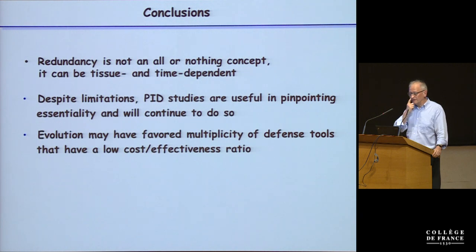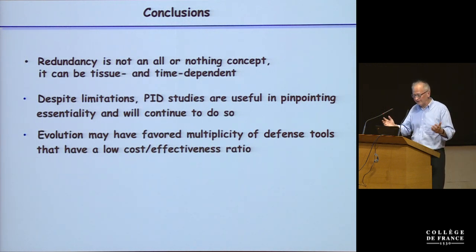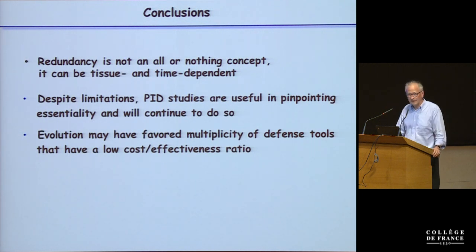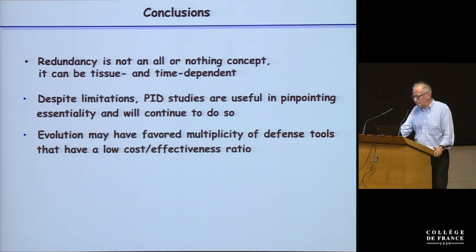Of course, the study of these monogenic diseases in humans is pretty interesting to study the importance of relative pathways, despite obvious limitations. And in terms of evolution, we may propose that evolution, in the context of selection by the many pathogens with which we have been living, has favored the multiplicity of defense tools that have a relatively low